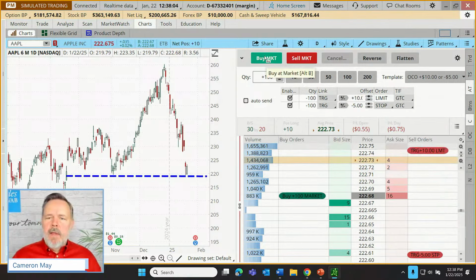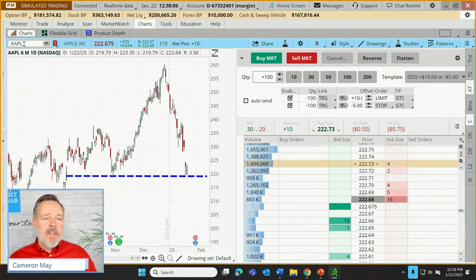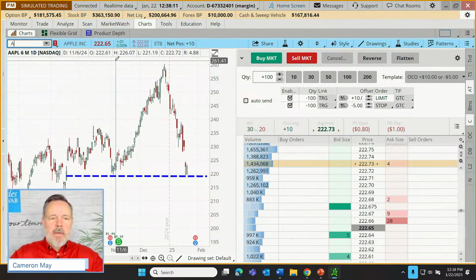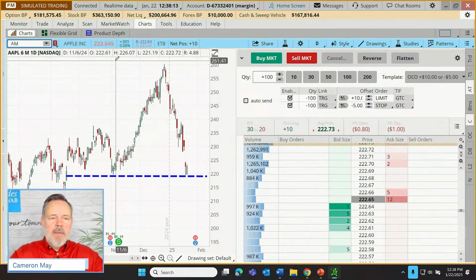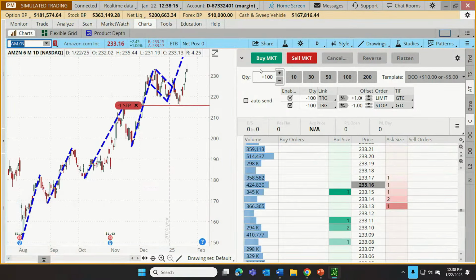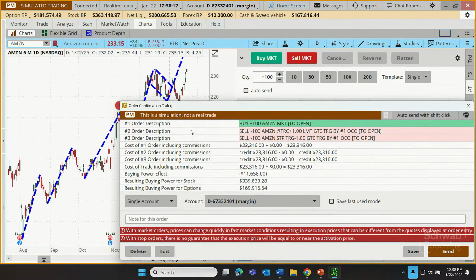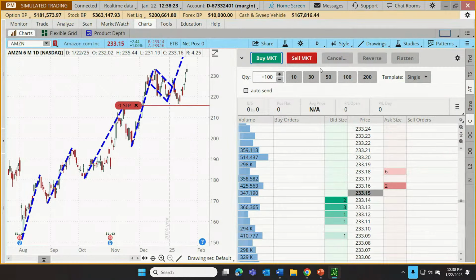So from now on, if I'm on a different stock, let's say I'm over here on Apple, and I switch over to Amazon, and I click on buy market, that's actually going to bring up an order to buy 100 shares of Amazon to, did I not save that? Oh, I think I clicked on the wrong one.